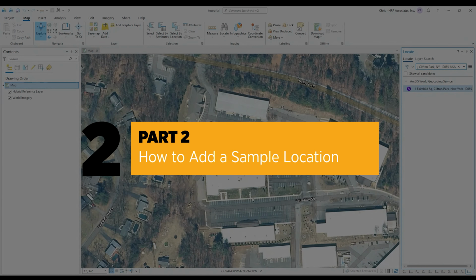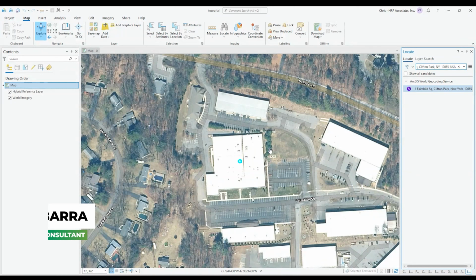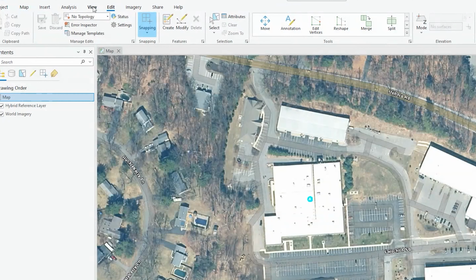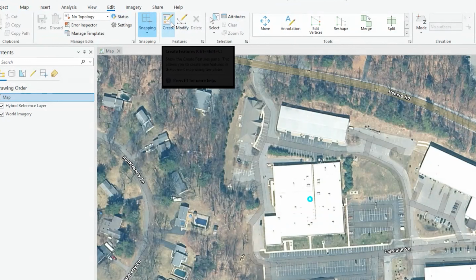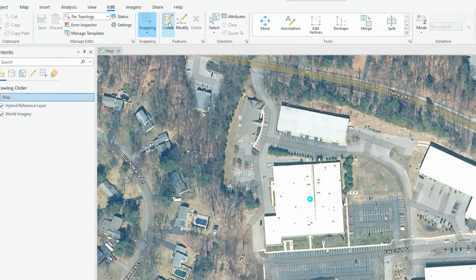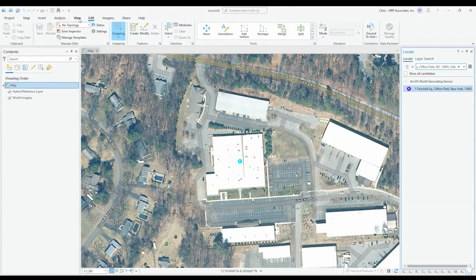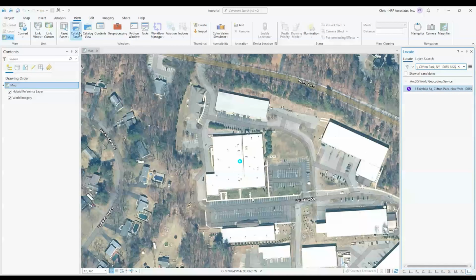So the next step we would typically do, if we just wanted to do some sample locations, or we wanted to simply add an investigation location or a place of interest, you would go into Edit. And if we already had layers set up, you can go into Create and add some. In this case, we don't have any layers yet, so we're going to define some layers under View, under Catalog